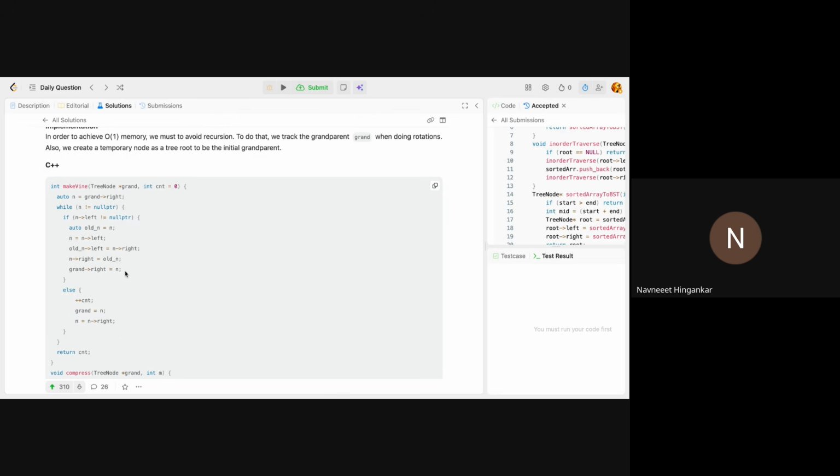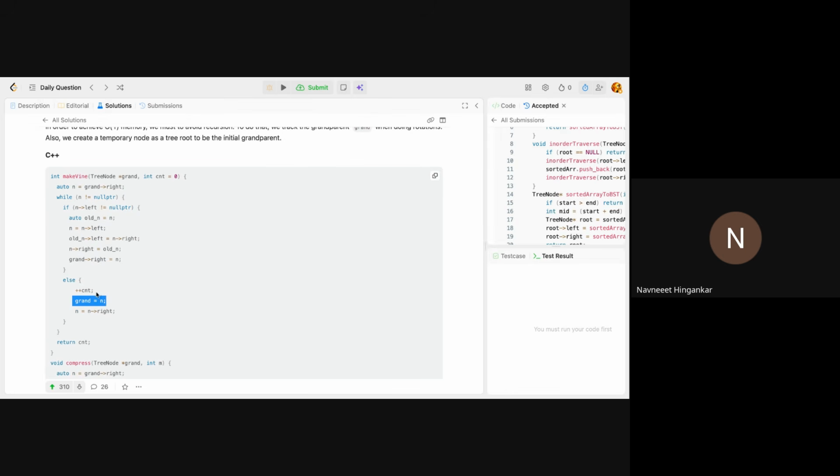Okay, so only this is the rotation part, right? What we did is the left subtree portion becomes the right part of that, like the right next pointer is pointing towards the root basically, right? If it is not, we don't care, we just do plus plus count and then get the grand. Now what this plus plus count means is basically how many times we move towards right. All right, and once we did that,